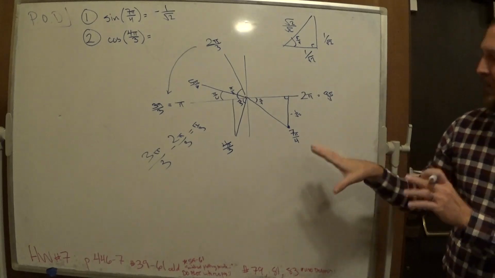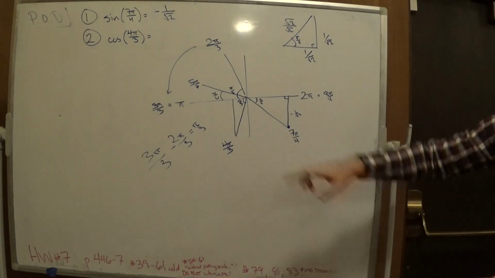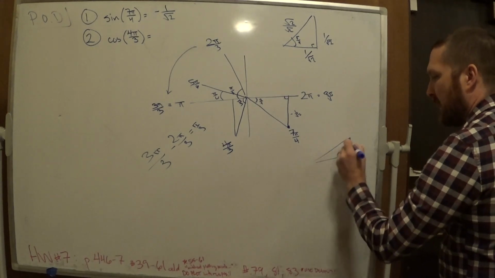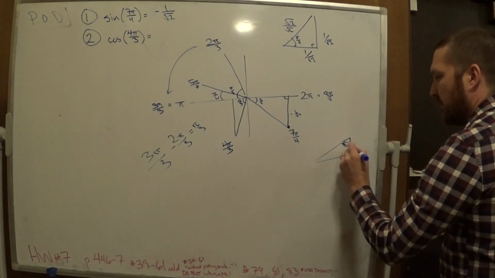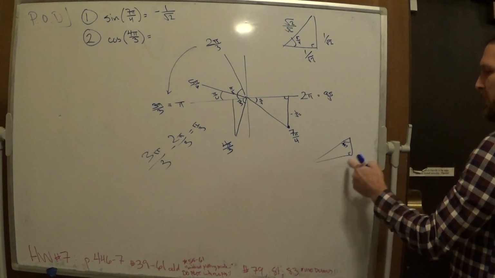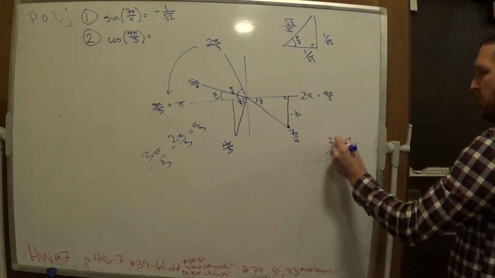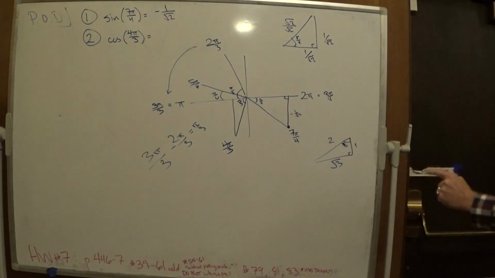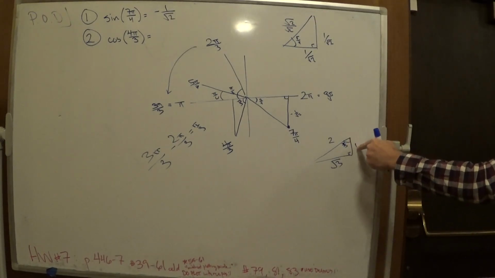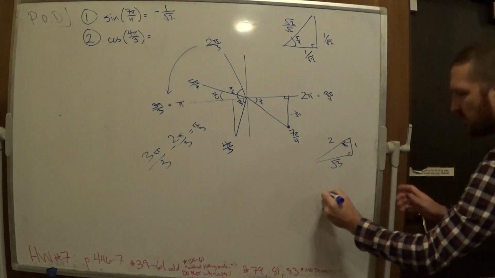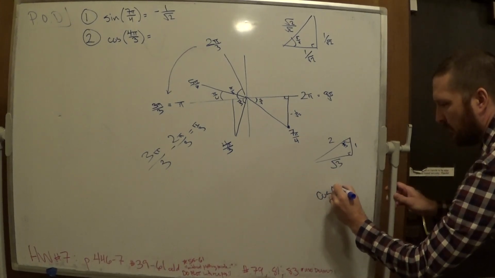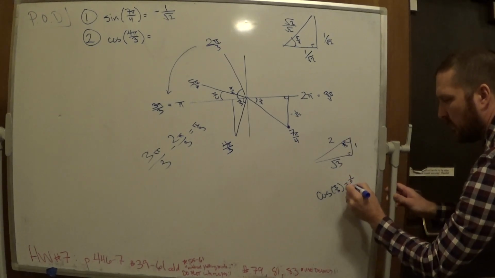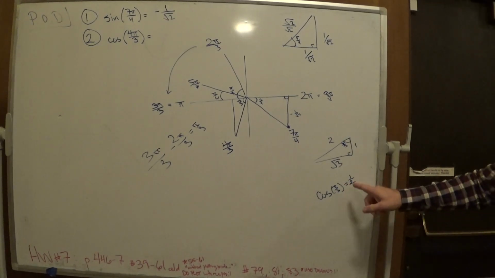Okay, but anyway, we're going to use that. So for the 4 pi over 3, we know that the angle we're dealing with is pi over 3, which is this guy, making these sides 1, 2, root 3. And we are looking for cosine of that. So cosine of this would be adjacent over hypotenuse. So in other words, since cosine of pi over 3 is 1 over 2, then this thing